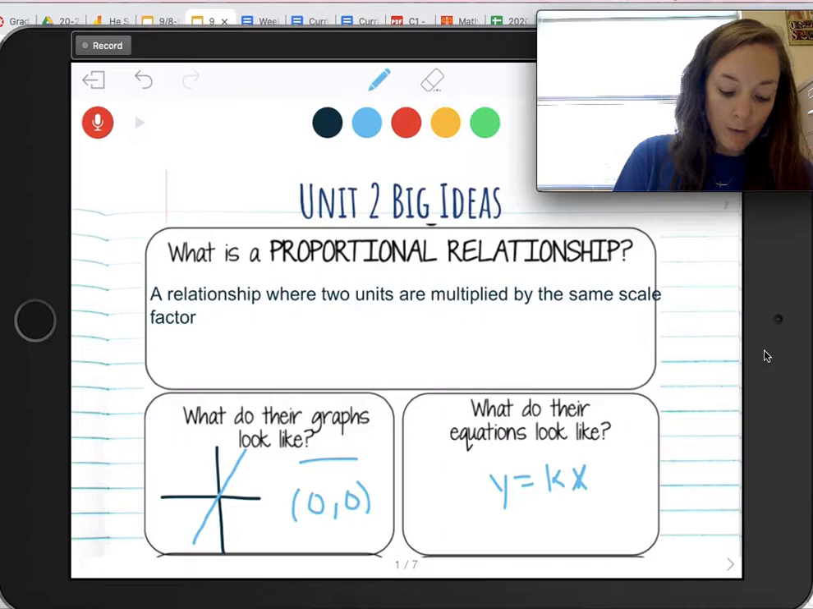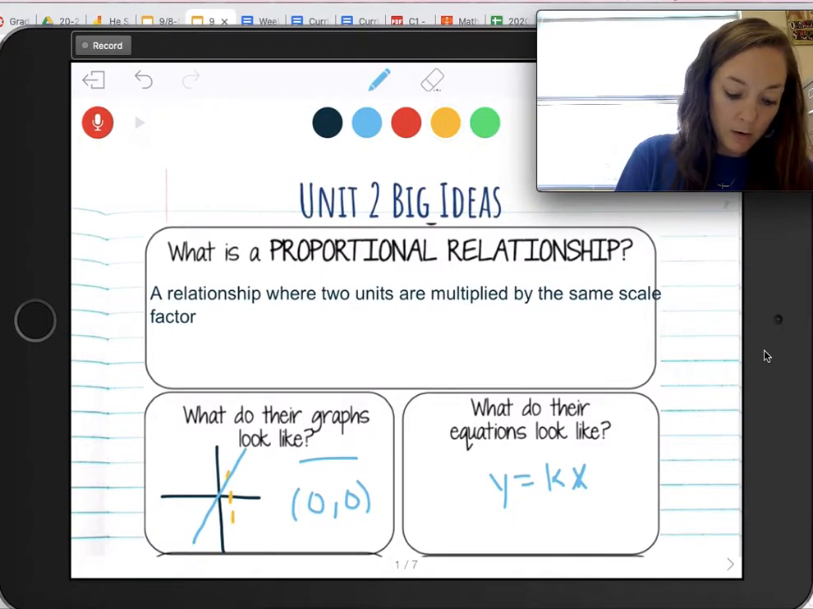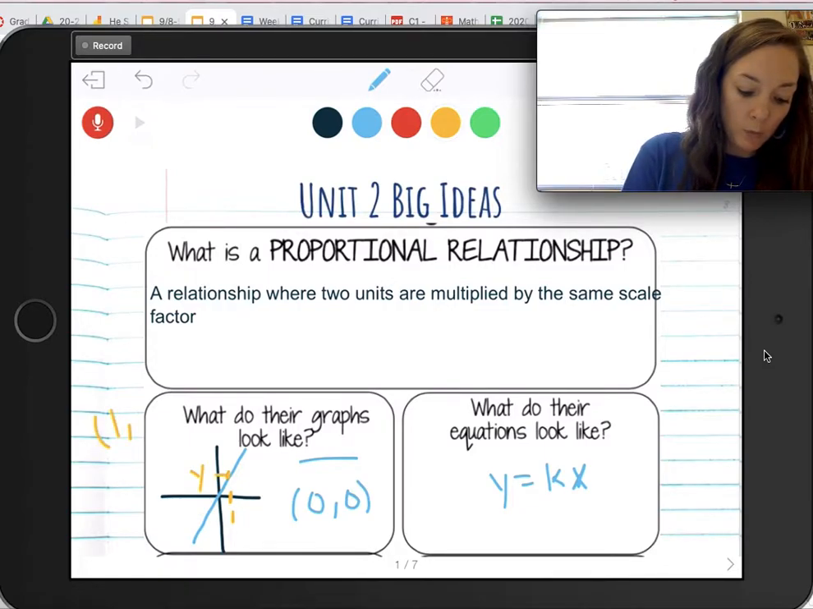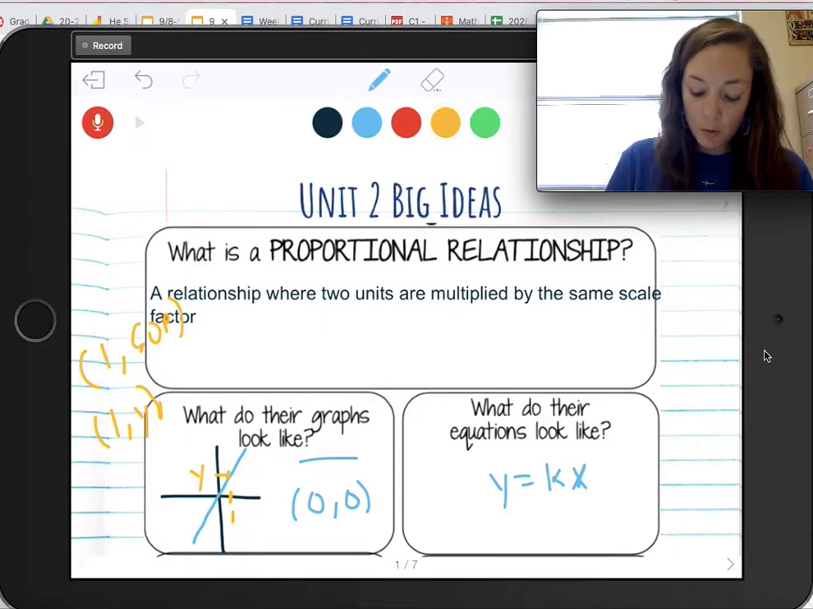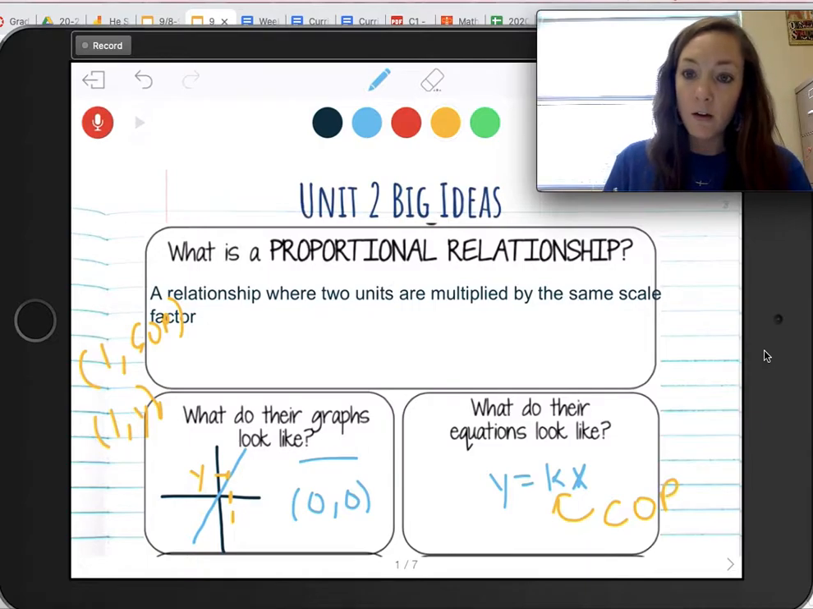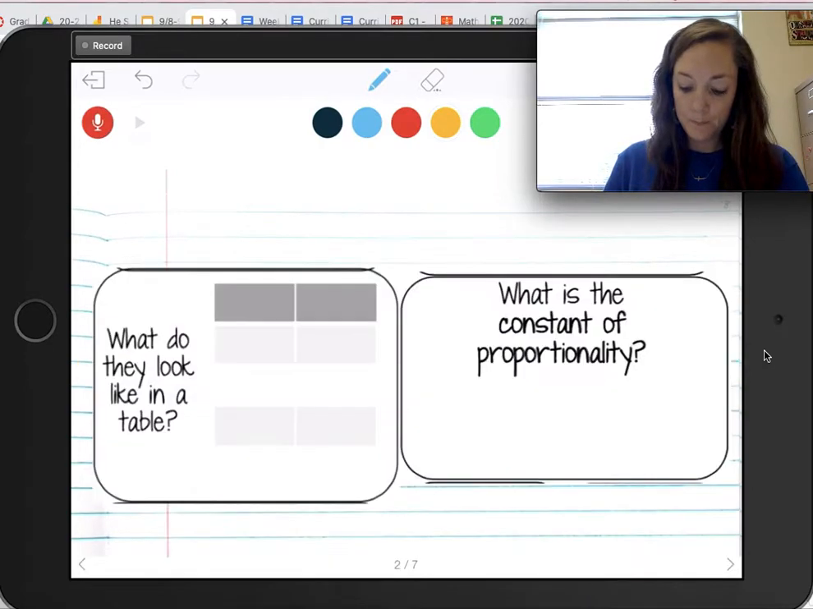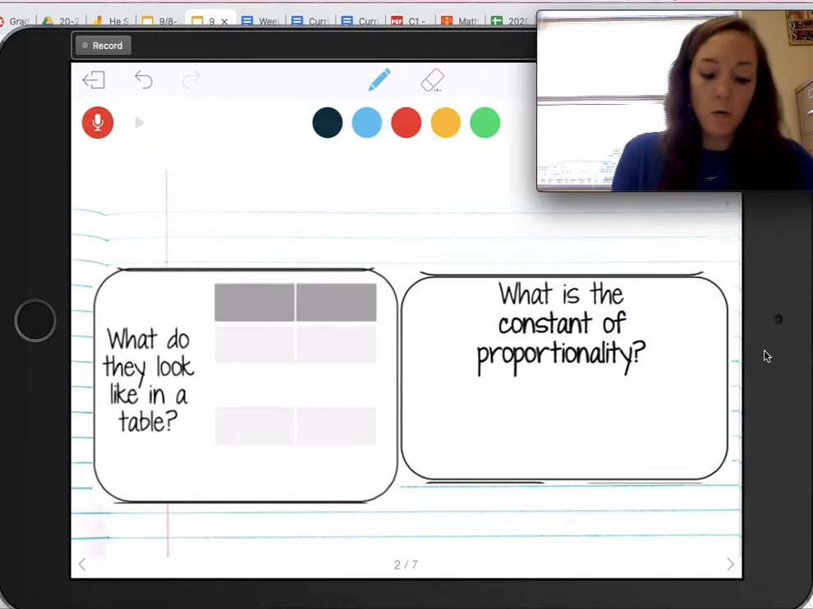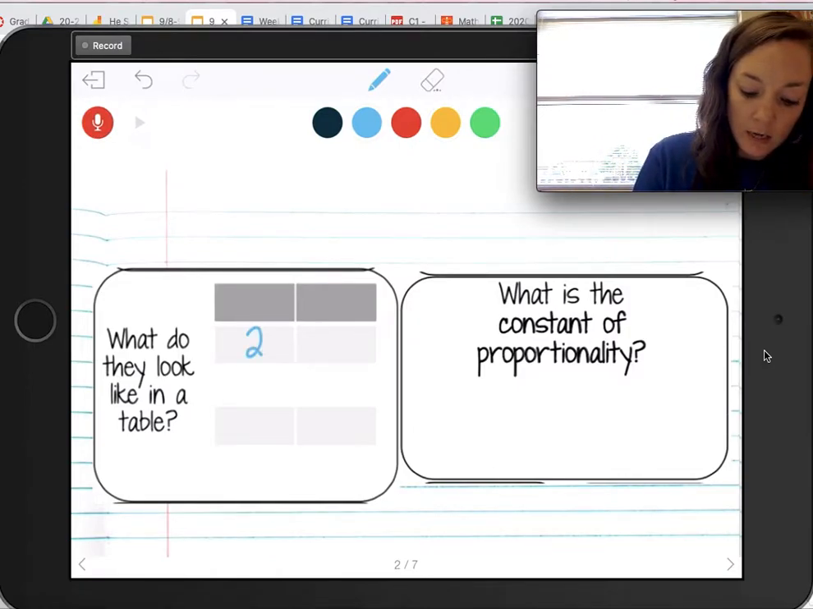We know that in a graph, we're looking for where the x is 1, whatever that ordered pair is, what is the y value? So the ordered pair (1, y), where x is 1, that is our COP. So we could say (1, COP). And then for a proportional equation, we know that the COP is our k value. All right? So now let's look at a table. So if I have these values in a table,